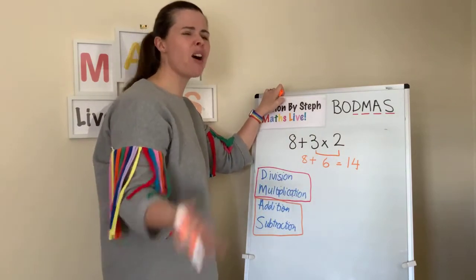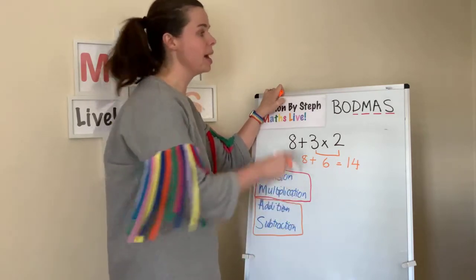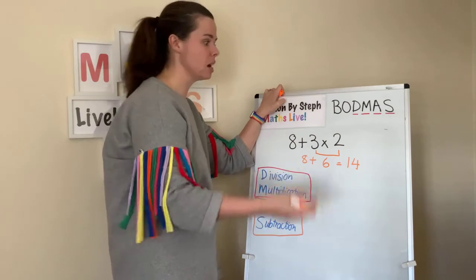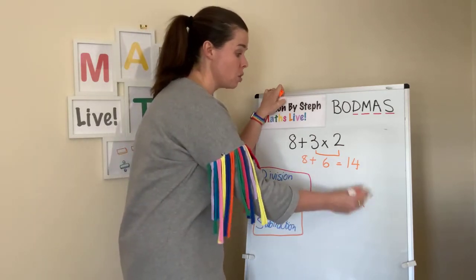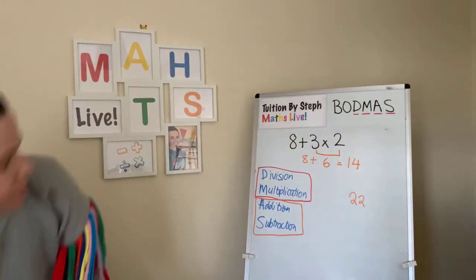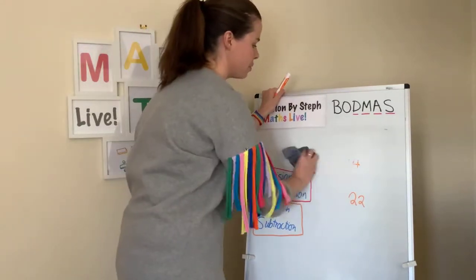Can you see that was a completely different number to the other calculation that we did? Because sometimes you might say, oh, it doesn't really matter which way round you do it. It does with BODMAS, because we did 8 plus 3, which was 11, times by 2, which is 22. Completely different answers. Okay. So if I give you another example,